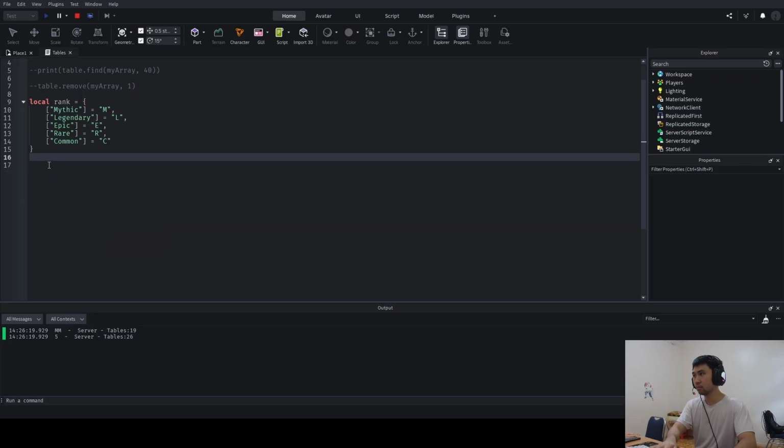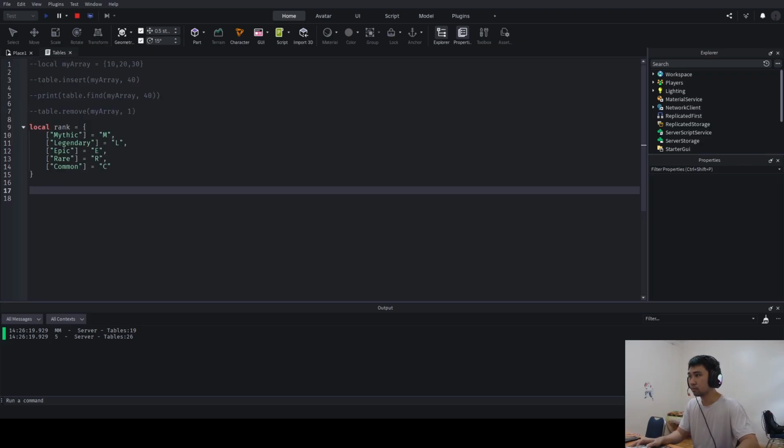Well, basically, when we've been accessing items inside of our dictionary, we've had the key, and then that would return the value of whatever's contained inside this dictionary. But if we want to be able to access all the keys and all the values while we iterate through all the items within a dictionary or just a table in general, we need to know how to use pairs and iPairs loops, because this is also useful if we're trying to iterate through multiple items within one object inside